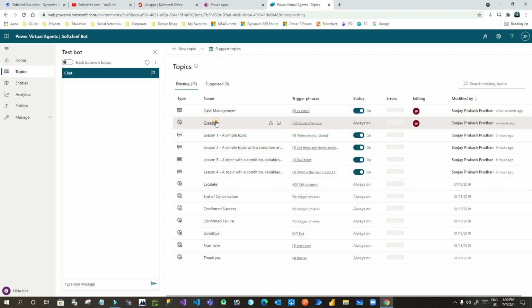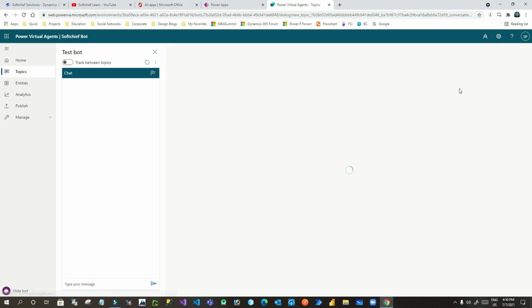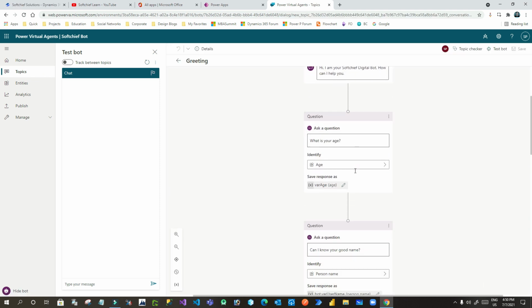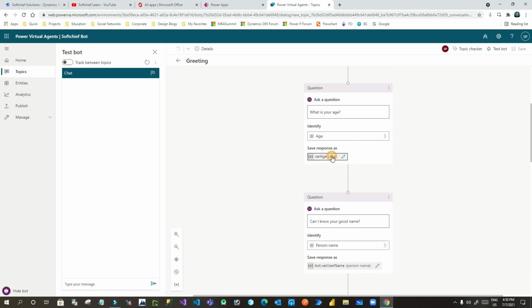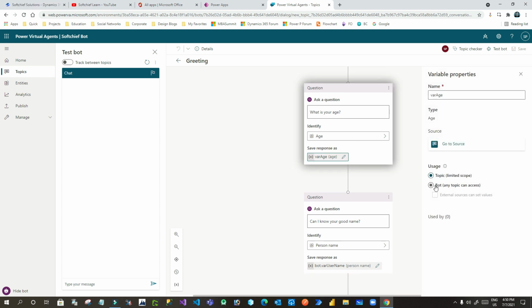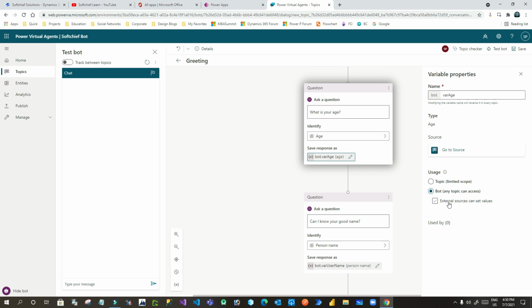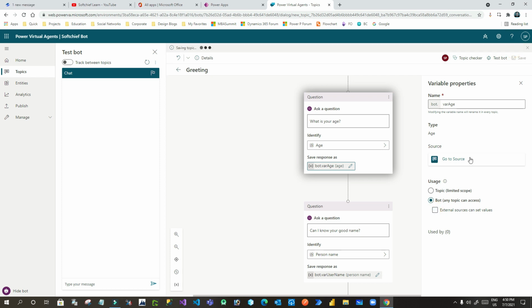Go to greetings topic, go to authoring canvas, and here you are capturing the age. Now click this age variable. Now change the usage scope to bot, so any topic can access this, right? If you also want to enable external sources to set this value, you can use this too. Now keep it simple. Save it.